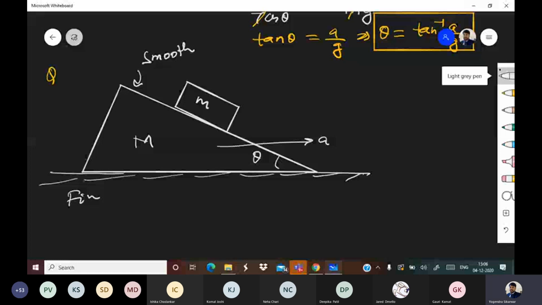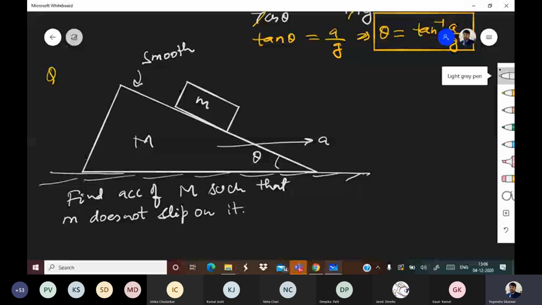I said there are two ways. Another way will be with respect to ground. Okay, Vedant. In another way, you are going to solve the question in ground's frame, and in ground's frame, T cos theta will be equal to mg and T sin theta will be equal to mass into acceleration. So in that case, you are not applying pseudo force. T sin theta will be F resultant and that will be equal to mass into acceleration. So ultimately you will get the same value.